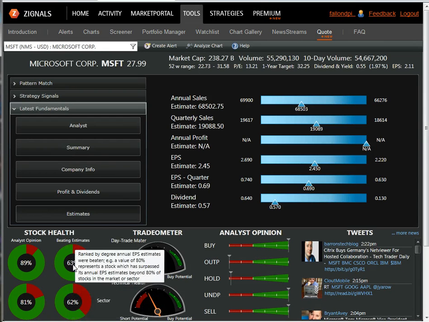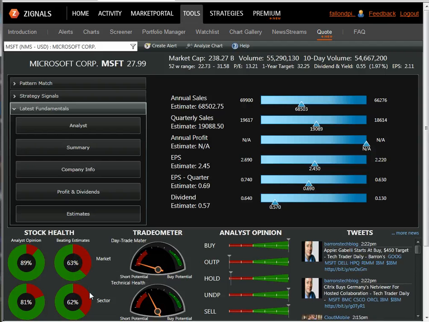In the case of beaten estimates, this is its ability to exceed EPS estimates. And again, for Microsoft, it outperforms 63% of the market and 62% in its sector. Our tradeometer looks at the technical health over a 24-hour period with a day trade meter, and then also over the course of a 3-month window in our technical health meter. And you can see at the moment Microsoft is a bit frothy, and it's near the top end of its